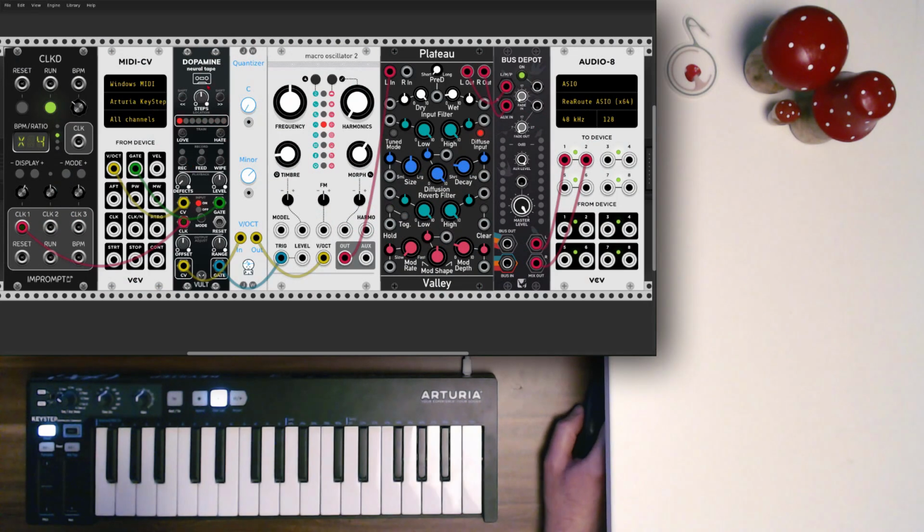Okay, so here I have Dopamine from Volt, which is a commercial module, and also with it we can record the sequences and even add some randomness to them. I have again the KeyStep setup going to the CV input and gate input. I have the main clock driving Dopamine, and now we can start to record something. So I will hit record, and as soon as the sequence starts or